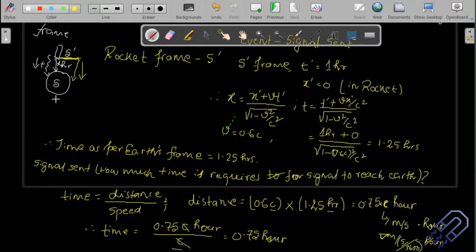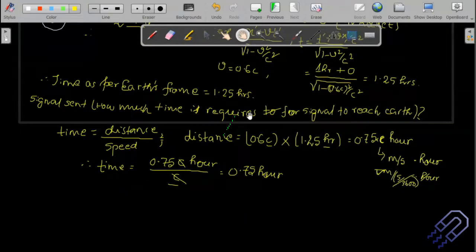So that means the rocket has reached this particular point as per the Earth frame in 1.25 hour. Then it sends a signal, and the signal comes down and takes a time of 0.75 hour. That means the total time that is required is nothing but 1.25 plus 0.75 hour. This is just a pictorial idea, I think it's clear. But then this is the answer. Okay, so if we want to conclude, therefore as per Earth's frame,